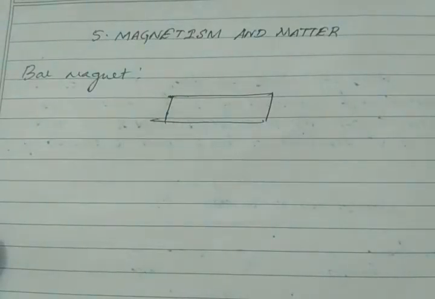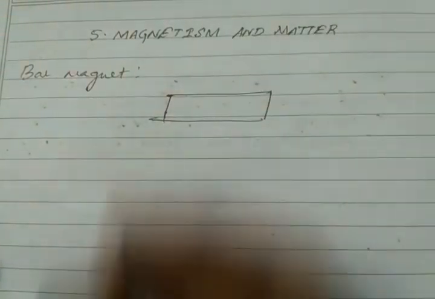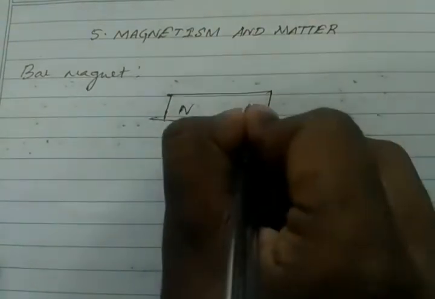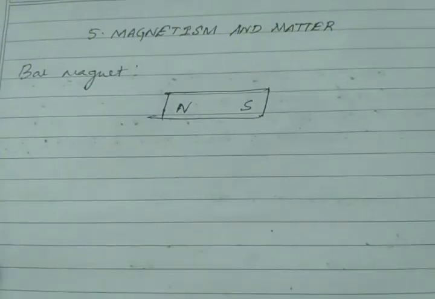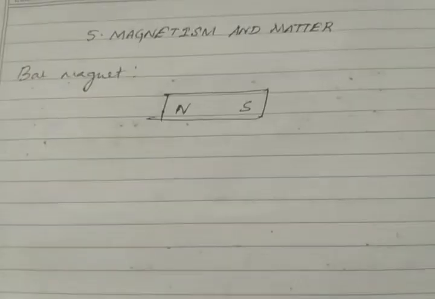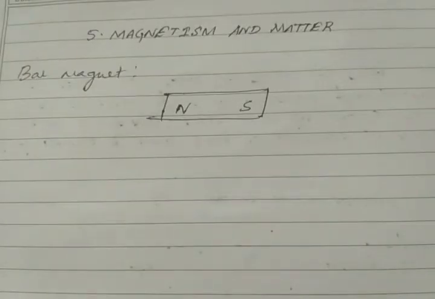As we know already, a magnet has two poles, north pole and south pole. Okay. So this is a bar magnet which is synthesized through various processes. Or a magnet which is in the shape of a circle, rectangle or square is also known as a bar magnet. It has two poles as we know, north pole and south pole.